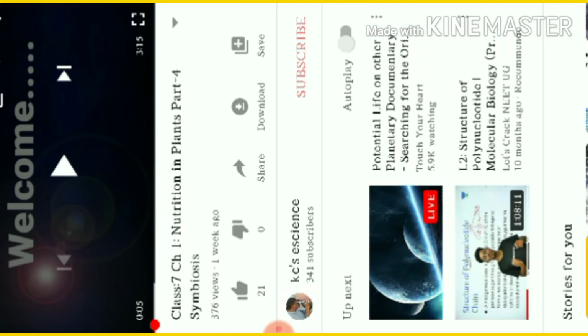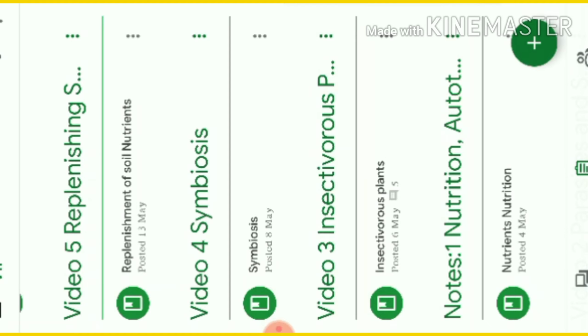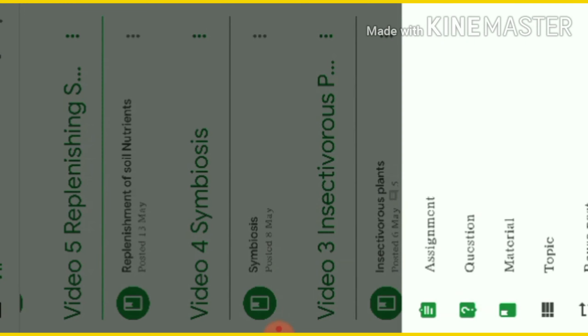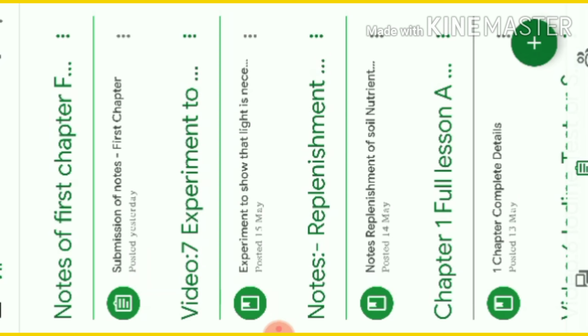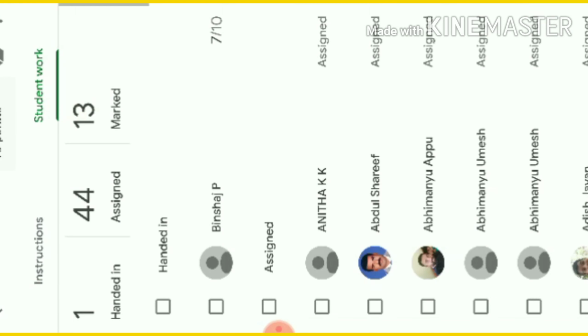And similarly, see the assignment I will show you. How I utilize this Google Classroom for providing assignments. See, assignment area, just see, I click the assignment area. In that I have given an assignment last time. See, the children have submitted the assignment, and I asked the children for submission of the assignment. Okay, this assignment area, if I click, we can see how many children have submitted, how many children have not submitted.